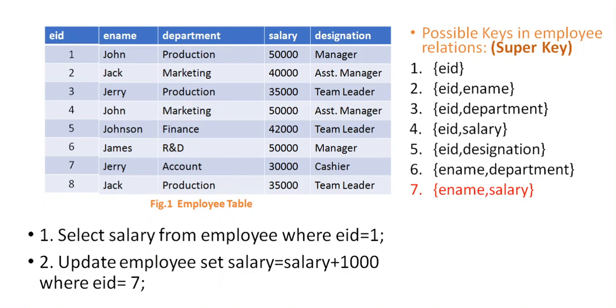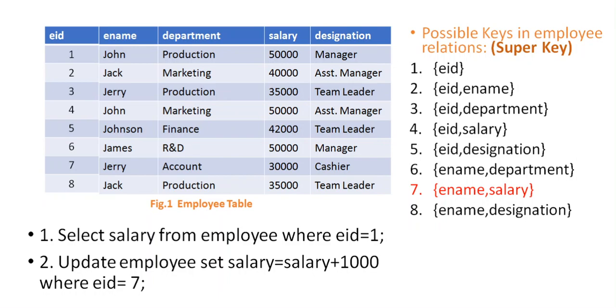See, we are talking about all the possible keys for this relation only, for this data only. Some of them will not be applicable for any other employee relation. Whenever we find the possible keys, we remain stuck to the given data. We don't think about any other data, we don't think about any other table, we just think about the data that we have at the given moment. So for this data, ename and salary cannot be a key.